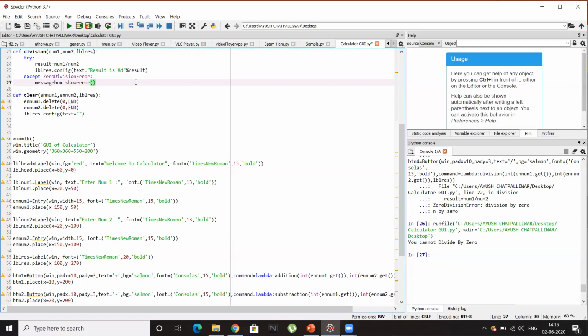And inside that, the title of this pop-up will be error. We have to give two arguments to this, the first one is the title and the second one is the message. So the title will be error, and another argument will be our message. I'll give the same message, I can copy from here, you cannot divide by zero. I'll just copy this and paste it here. You cannot divide by zero. So once I've written showerror, okay, I think this will work.